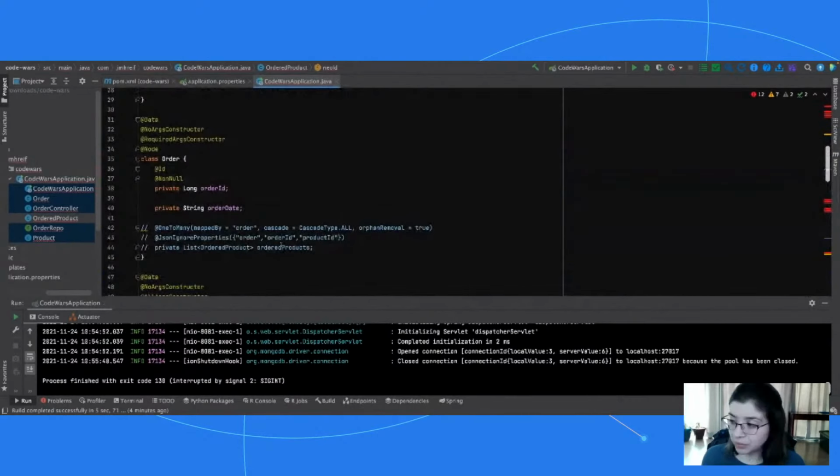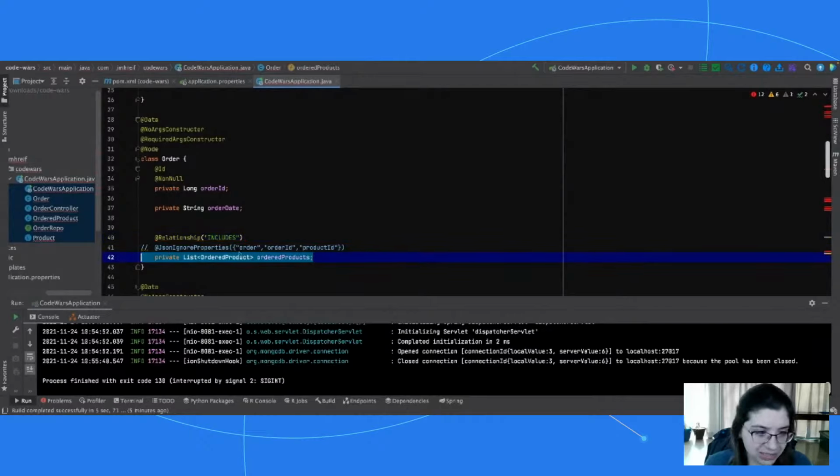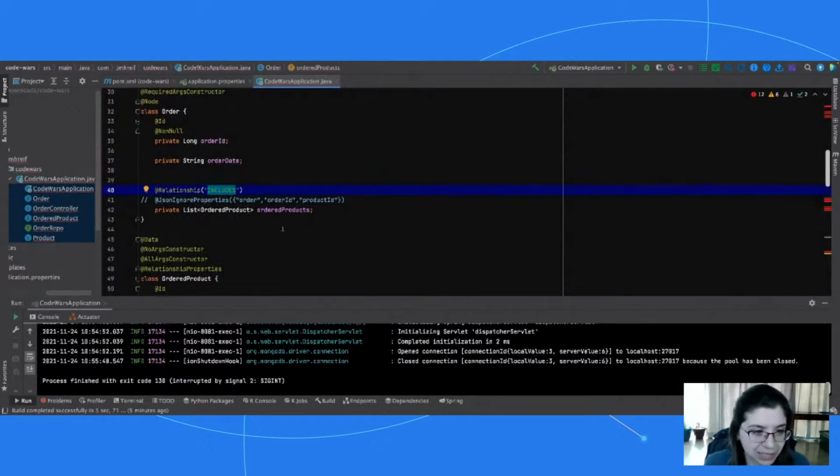So let's start with order, and let's work our way through the relationships now. So we don't need this @OneToMany now, right? But we're going to use, not @RelationshipProperties, @Relationship. There we go. Okay, so it's @Relationship, and then we need to specify a type because you can have multiple relationship names or types in the database. So, okay, we have an INCLUDES. We can uncomment this. So we have our ordered product. On our orderedProducts field, that's going to traverse across the relationship to that relationship entity that we have right down here. And then we'll come back to the JsonIgnoreProperties in 1 second.